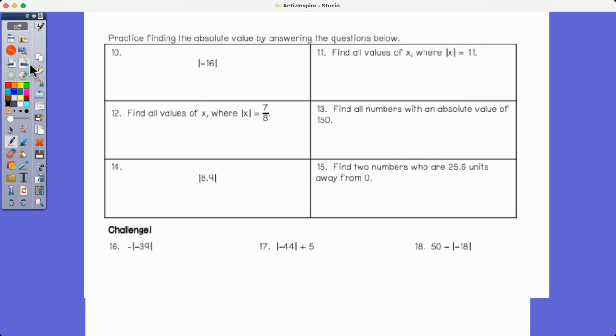Okay, this is your practice for tonight. You're going to find your absolute values. I will check these in class tomorrow. There's a couple challenge questions. These are for bonus points only, but go ahead and try them. And then don't forget to summarize your